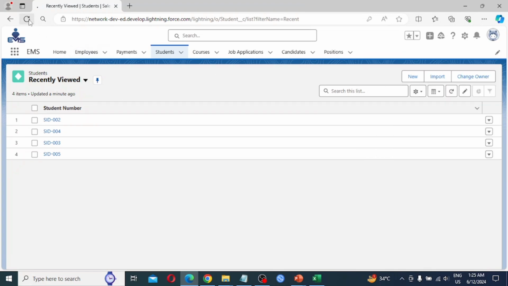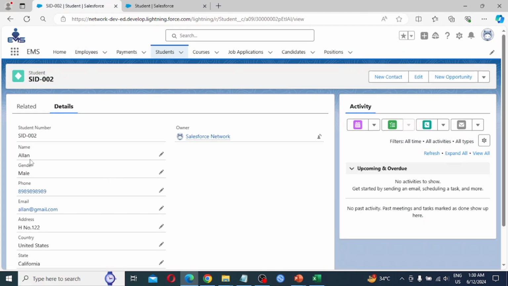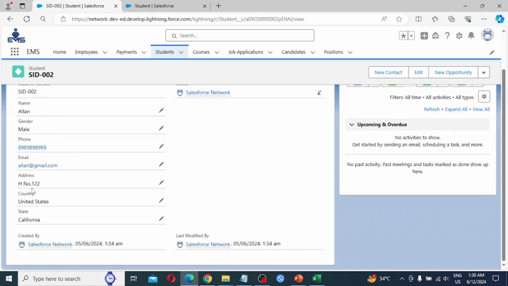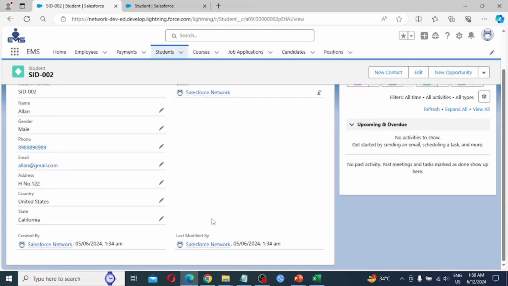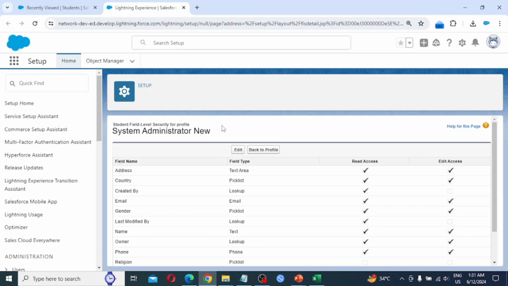Reload the page. So now we are not able to see the religion field for the student object. Again if we go to our main account,